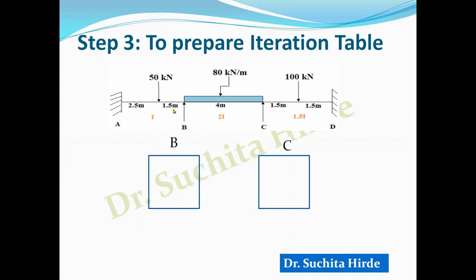And then you draw whatever structure is given to you as it is. For example, here from B to A, the structure looks like this, so we will draw like this. Between B to C, there is a straight line, so it will look like this. And from C to D, it is a fixed beam. It is like this. So draw the sketch something like this.